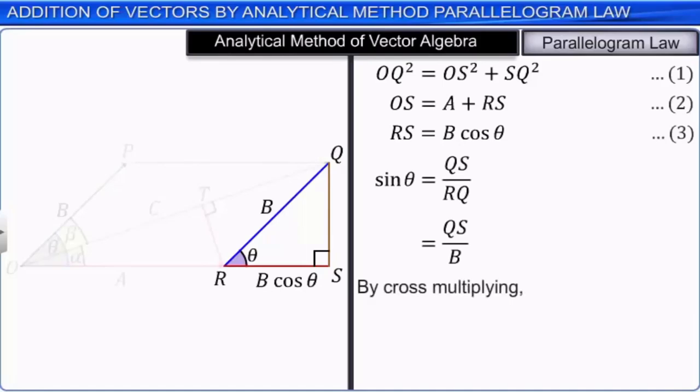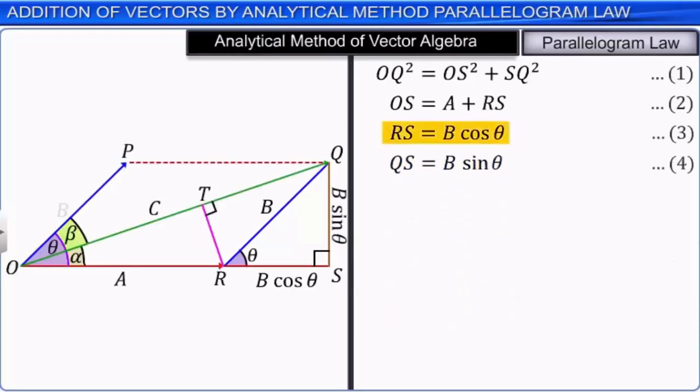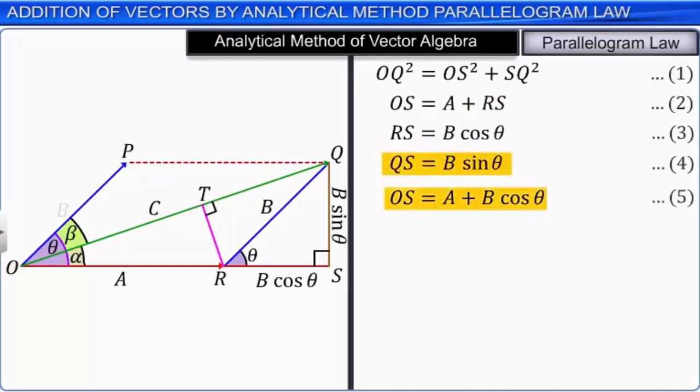Substitute equation 3 into equation 2. We get OS is equal to A plus B cos theta. Let this be equation 5. Substitute equations 4 and 5 in 1. We get OQ square is equal to A plus B cos theta the whole square plus B sin theta the whole square, which is equal to A square plus B cos theta the whole square plus 2AB cos theta plus B sin theta the whole square